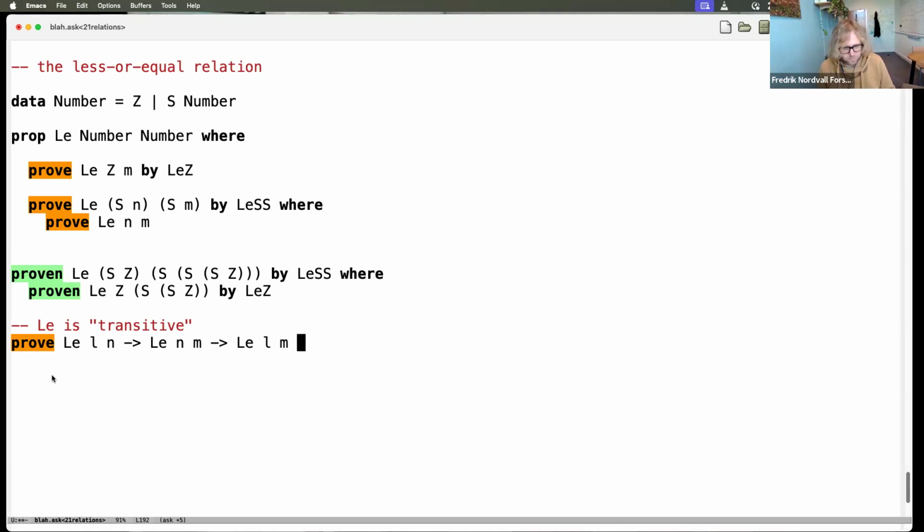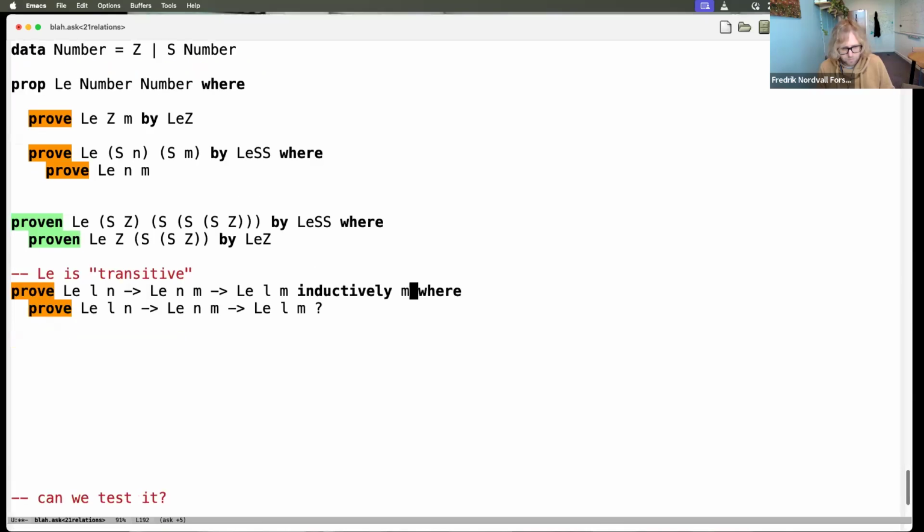And again, I'm going to prove this inductively on, well, actually, it doesn't really matter what I prove it inductively on. Inductively on M, I think. M's going to be the biggest thing. Let's make sure it keeps getting smaller. Okay. So now it looks like nothing's changed, but we've got an induction hypothesis. As long as we make the big end a little bit smaller, we can do anything we like.